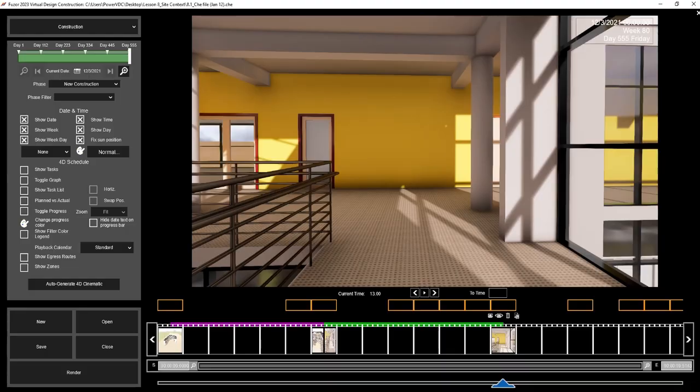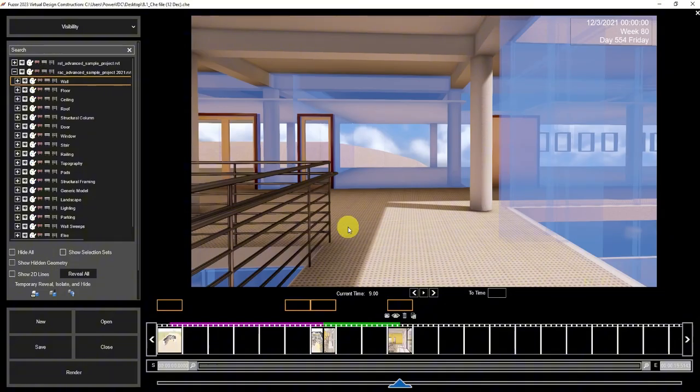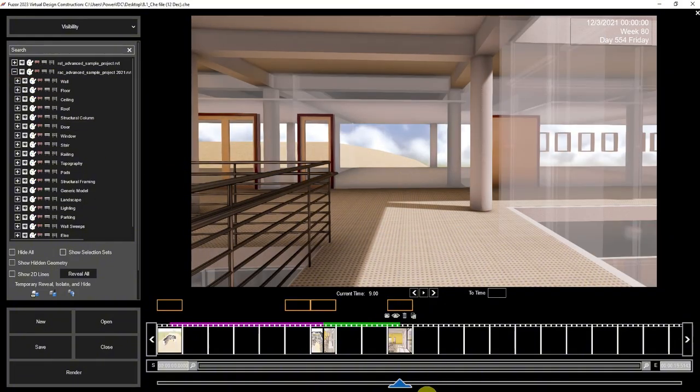In this video, you will learn about mixed render, specifically how to make the wall transparent. The transparency render is important as it helps make the wall transparent so you can see the structures that are blocked by the wall. Then go to visibility, then expand the RT model, click the wall, then you have three choices. The first icon is the original of the wall, second icon is to make it transparent, and third one is the wireframe effect. So let's click on the second icon to make it transparent, then let's click the next